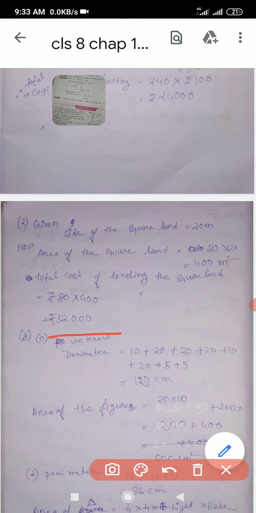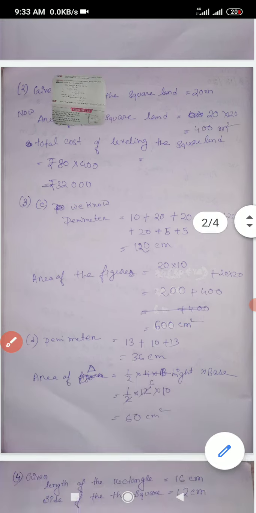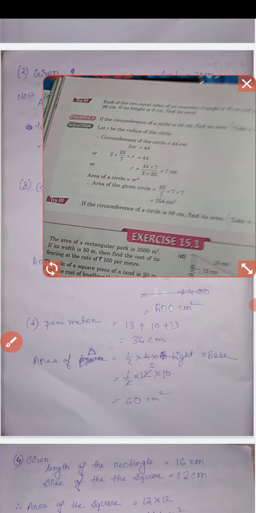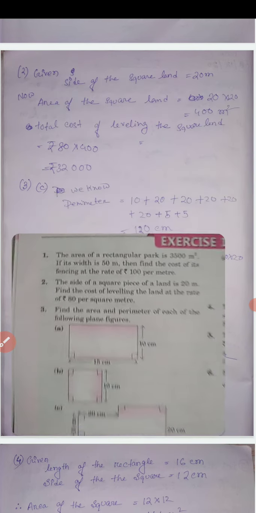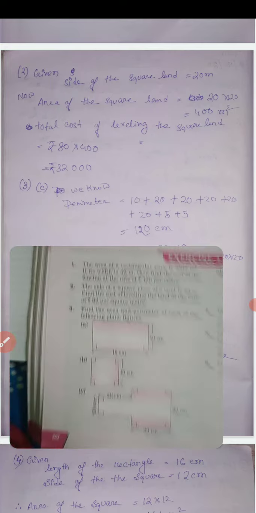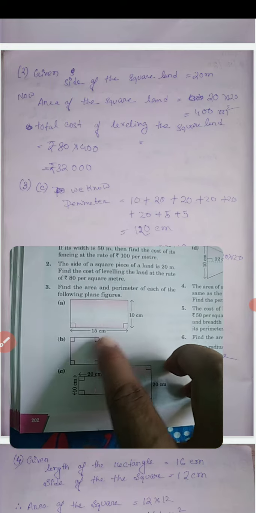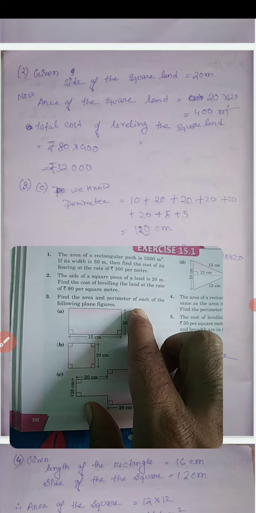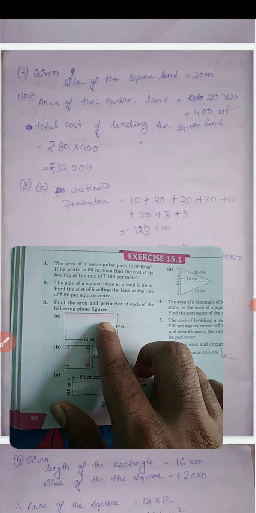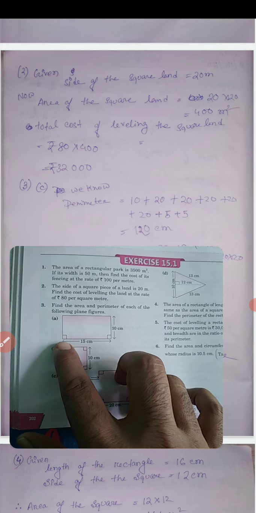80 into 400, which gives us 32,000 to level the whole square field. Okay, now question number 3c. I'm skipping A and B because they are easy. We have to just find out the area and perimeter. You know that this shape is a rectangle, so